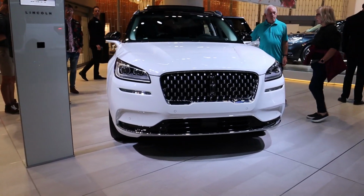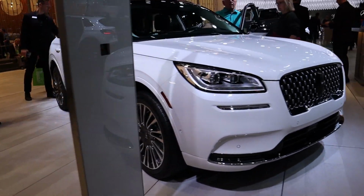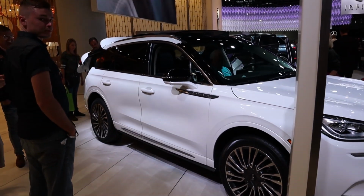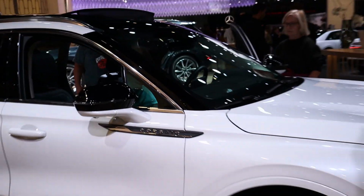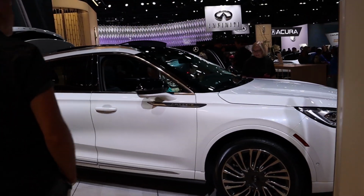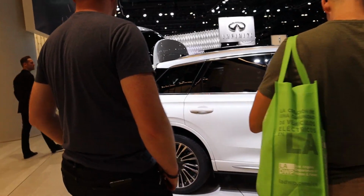Lincoln had a pretty big show up at the LA Auto Show. They had a pretty good new product offering. We have the Corsair here, which replaces the outgoing MKC, and it's going to be pretty much the underpinnings of the Ford Escape, the new generation Ford Escape. Its standard price starts at